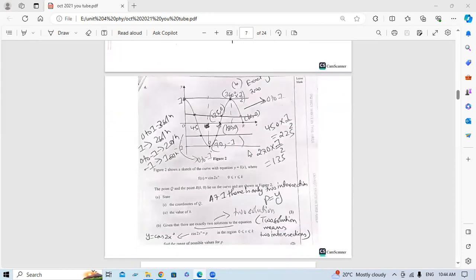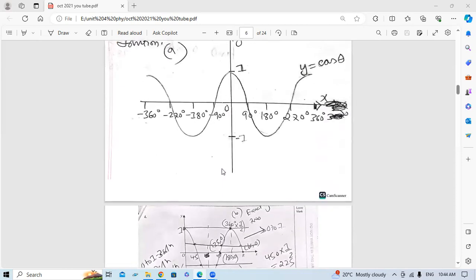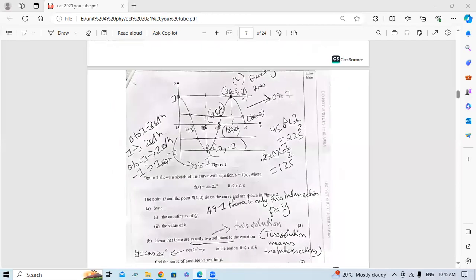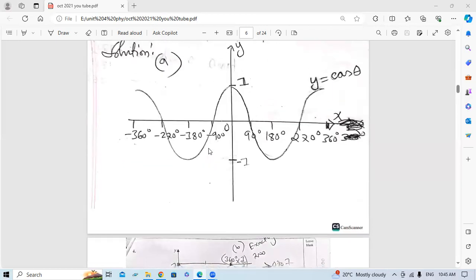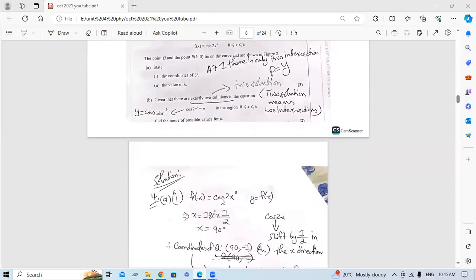So when we shift it by 1 by 2 in the x direction, it will be 90 into 1 by 2 at this point, at this point 180 into 1 by 2, and at this point 270 into 1 by 2. So Q will be 180 into 1 by 2, which is 90. So the Q coordinates will be,